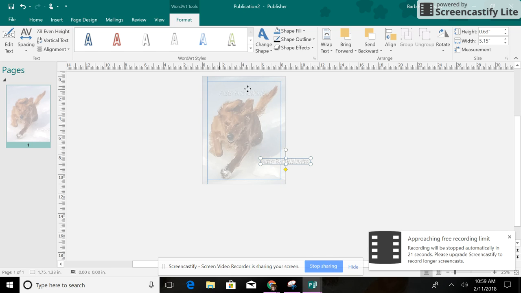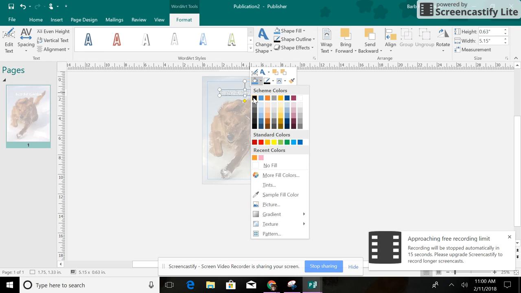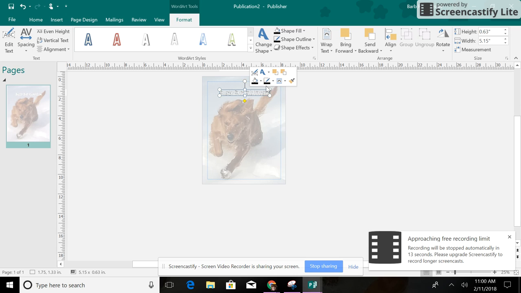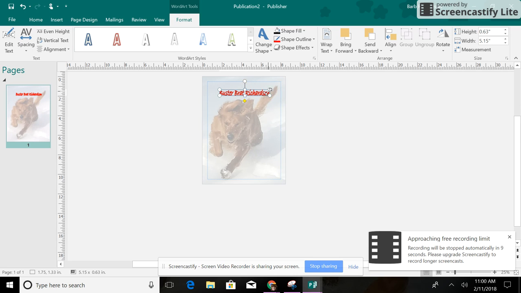I only have a few seconds left in this recording, so I'm going to have to create a new one after that. I'm going to fill the color with the dark black because I want it to stand out, and I'm going to put a line around the outside, red. And I can play with this even more. For right now, I'm going to show you, this is the headline in a